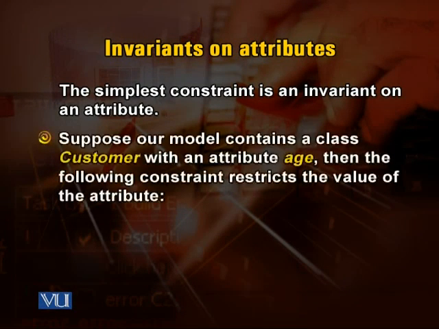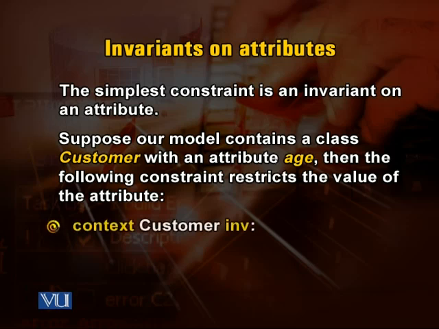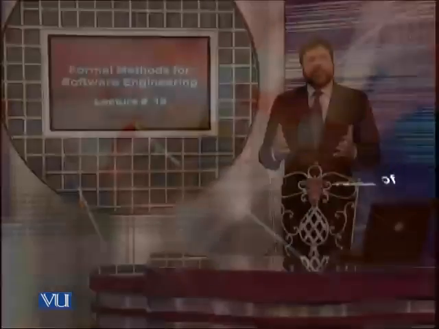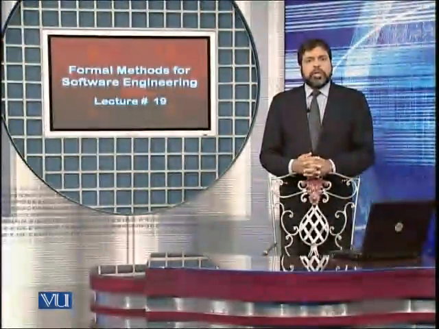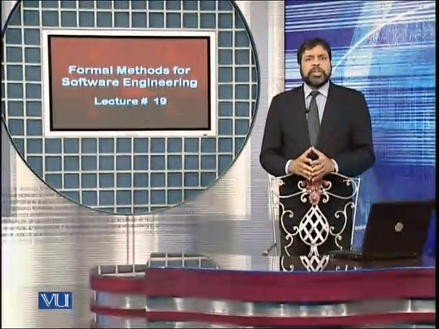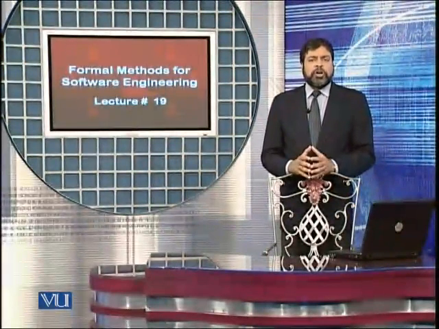Now let us suppose our model contains a class customer with an attribute age. Then the following constraint restricts the value of the attribute. We say context is the customer and it is an invariant, and we say age is greater than equal to 18. Now here what we are saying is, okay, let us just assume that the card holder